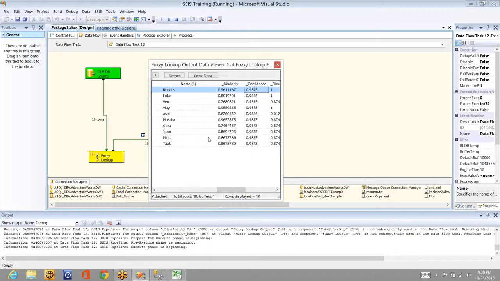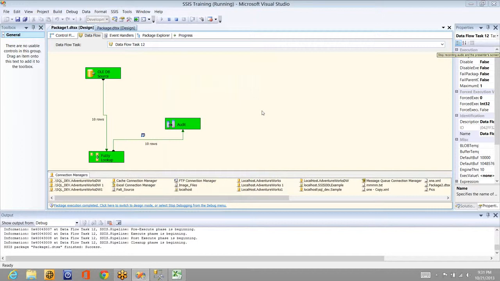Right? So if you observe how the lookup works and how the fuzzy lookup works, fuzzy lookup goes with the similarity percentage. It's not the exact match, whereas the lookup is a completely exact match. And there are not many properties to configure here. It's just the basic one: what is the common column that you are going to use as lookup on, what output you want to see, what is the similarity percentage threshold, and so on.